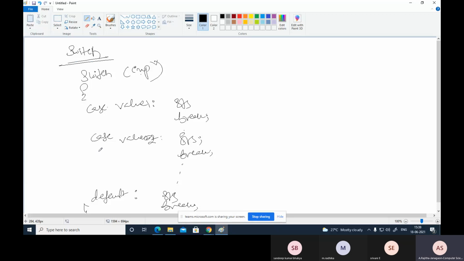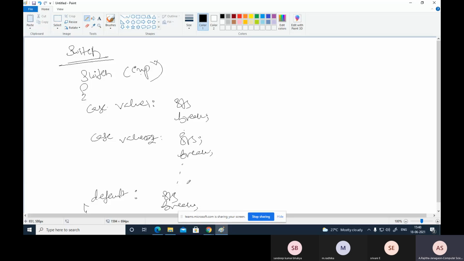We know that when there are many statements, it looks complex, so in that case we write a switch. Sometimes we also use it in menu-like programs, so there also we use the switch concept.